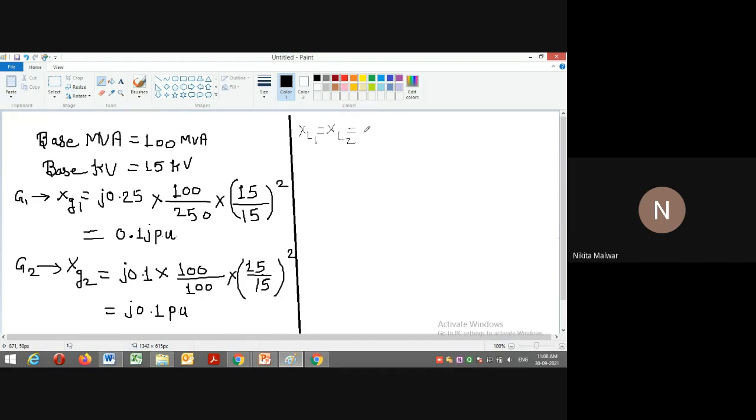It is 0.225 multiplied with MVA base value, which is 100. Now what will be the kV base value? The kV base new value. So you may find the